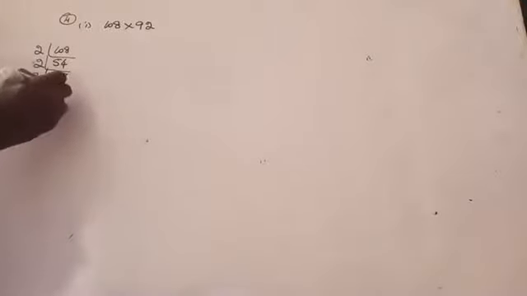First part, it is given 108 into 92. Now do the prime factorization. 108: 5 2s are 10, 4 2s are 8, so 2, 27 2s are 54. It goes with the 3 table, it will not go with the 2 table, because if the unit digit is either 0, 2, 4, 6 or 8, then it is divisible by 2. So 27 goes with the 3 table, 9 3s are 27, 3 3s are 9. Are you getting here? So 108 can be written as, and then 92.